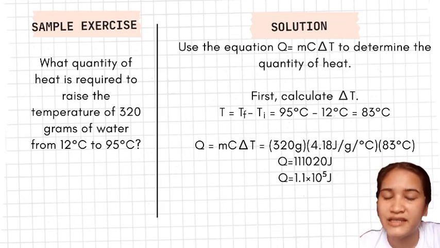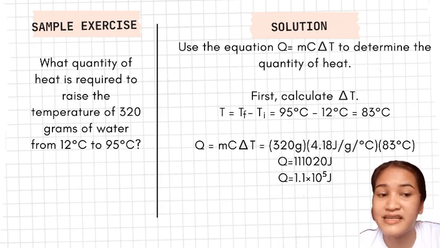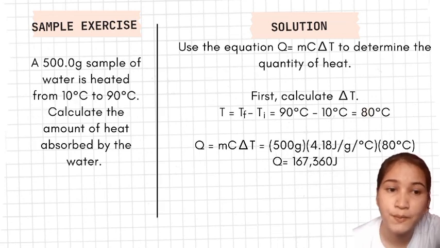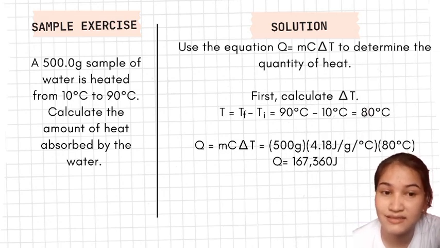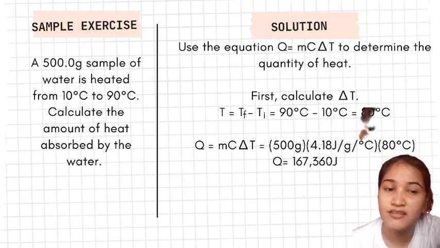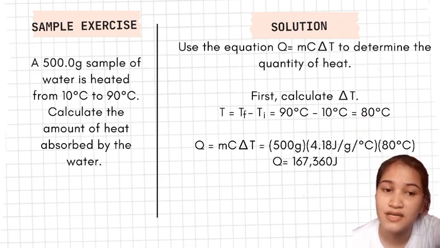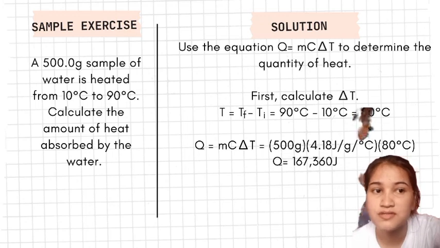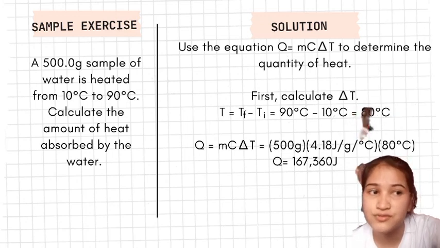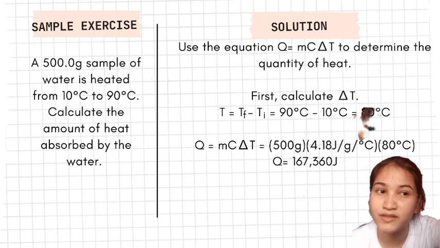The quantity of heat required to raise the temperature of water from 12 degrees Celsius to 95 degrees Celsius is 111,020 joules. Let's try another problem. Here, we'll also use the formula heat is equal to mc delta T to determine the quantity of heat. Let's calculate first the value of delta T. 90 degrees minus 10 degrees Celsius, or delta T is 80 degrees Celsius. We can now substitute values to our formula and our Q will be